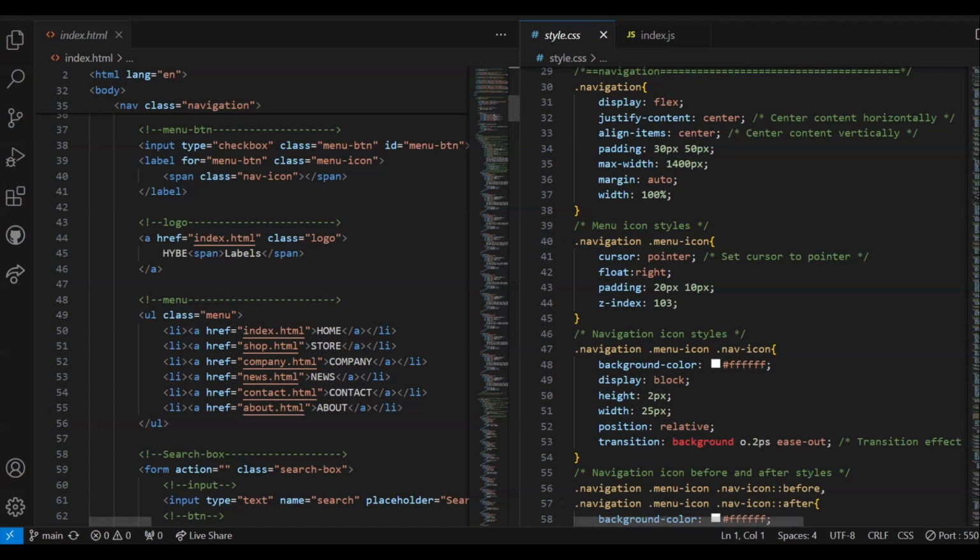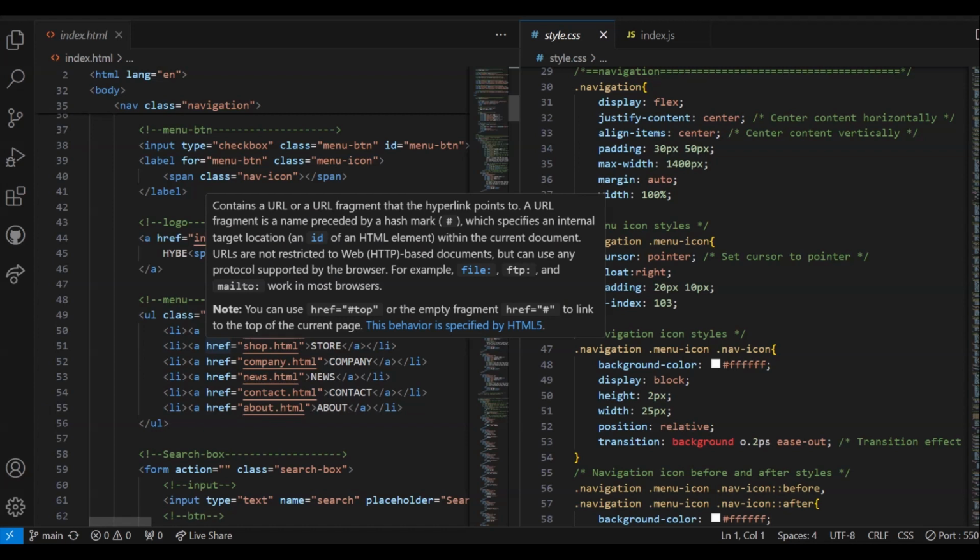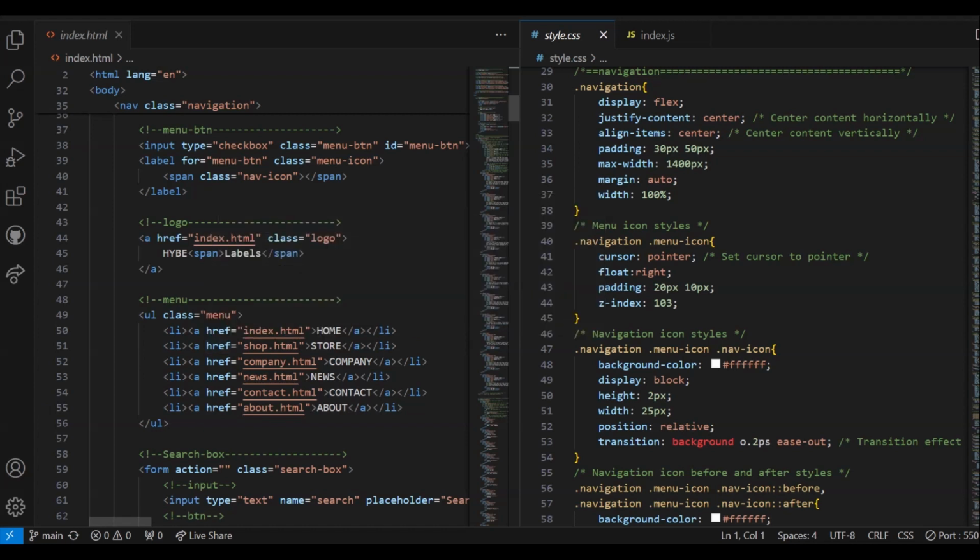The following HTML and CSS code collaborate together to build a responsive navigation bar, which I have kept constant throughout my web page. I had settled on a simple yet aesthetically pleasing navigation bar design which simplifies the sense of exploration for the user. In the HTML structure, there's a navigation section that contains several elements: a toggle button for the menu, a labeled icon representing the menu using a label element with the class menu icon, a logo defined with an A tag having the class logo right here, a list of navigation options styled as an unordered list element with a class menu,